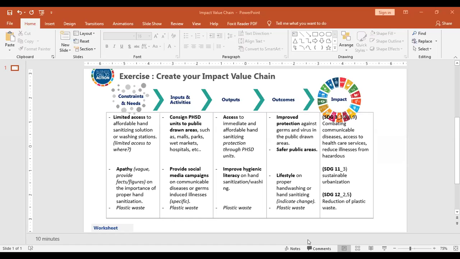And then, aside from your impact value chain, please include as well your improved mission statement. Okay, make it into an 8-word mission statement. Kasi i-base niyo yun sa mission vision na nilagay niyo sa mini business plan nyo. Okay?